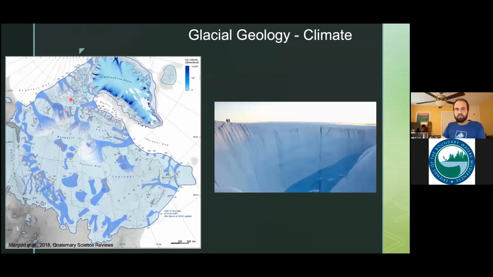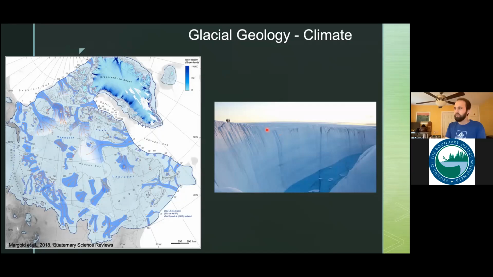So this gives us a sense of the scale. Today there's just ice on Greenland, but like 30,000 years ago, the ice sheet would have covered all of northern North America. So here's Wisconsin and Minnesota and Lake Superior, right in this region. And just to give you a sense of the scale, this is someone in Greenland now, and there's little people, but you can't even see the bottom of the ice sheet here. They're like miles thick. They're massive,